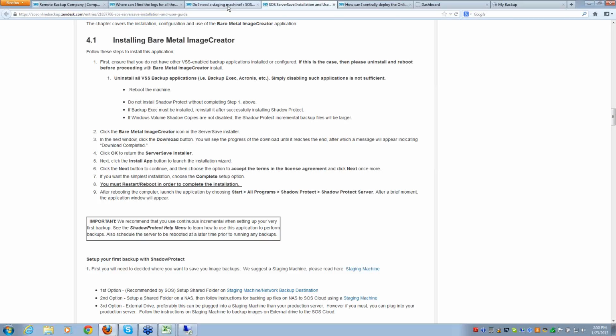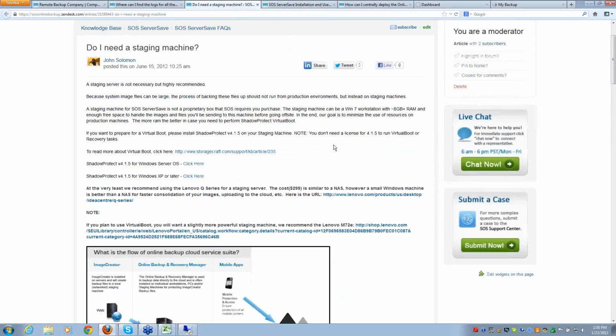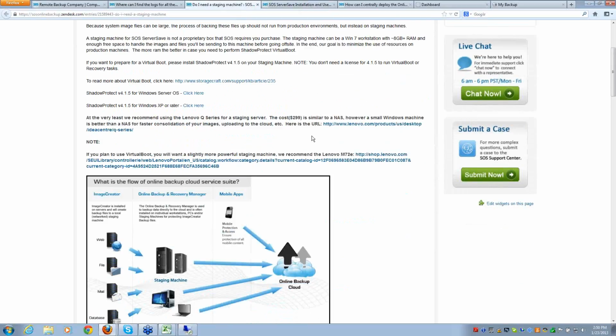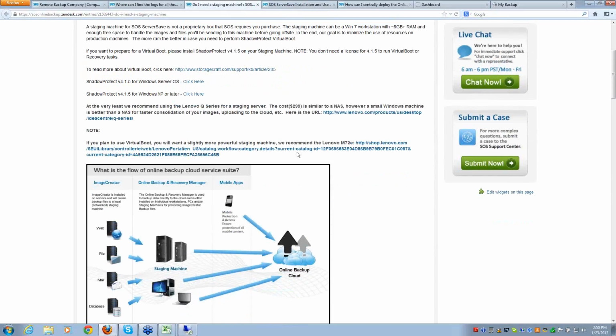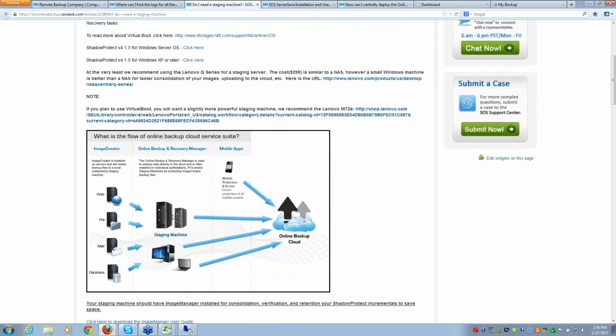So let's go back to our knowledge base. Do I need a staging machine? What is the point of this? So first line, it's not necessary but highly recommended. The reason we recommend a staging machine is,